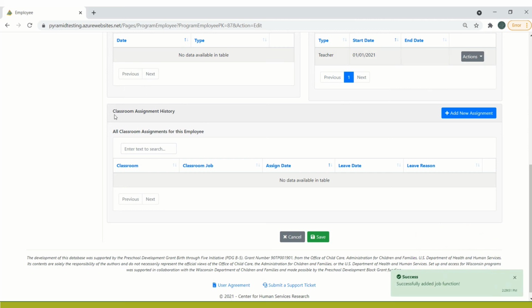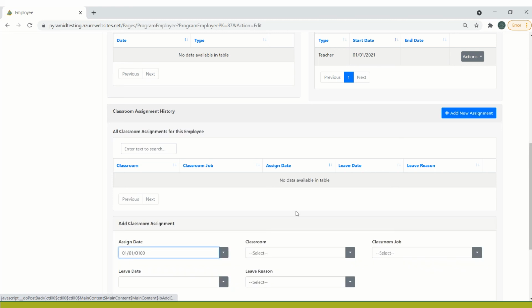Finally, you'll want to complete the classroom assignment history for every employee or staff member who is consistently assigned to the same classroom. This may not apply to people who are not employed by your program or people who are responsible for people who are not consistently in a classroom, like a director or a coach potentially. But for every employee who is consistently in a classroom, you do want to complete this section by adding a new assignment. So clicking the blue button that says Add New Assignment,